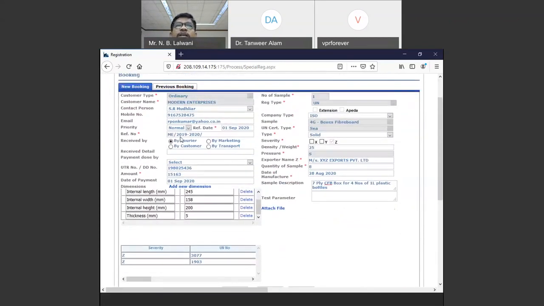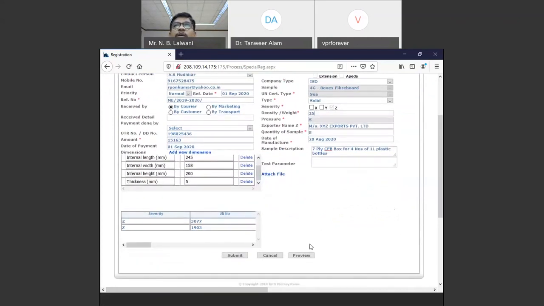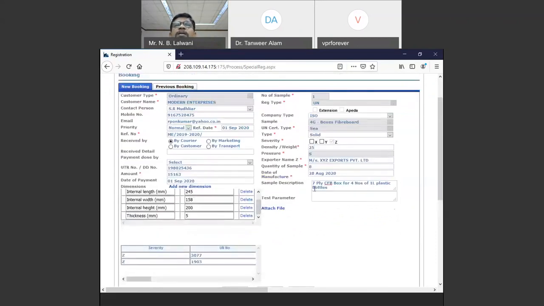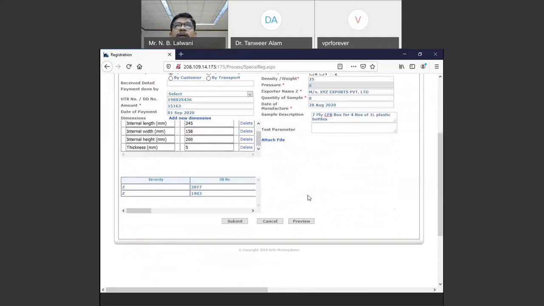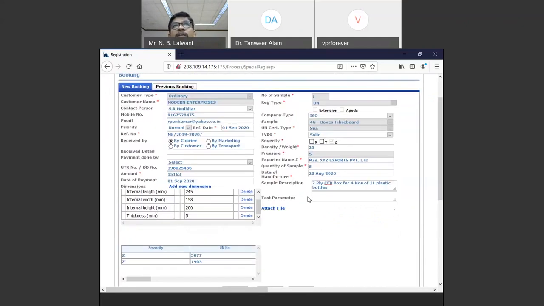And whatever you have done, this is done from your end and you are forwarding it to us. Then we will take that and verify the data, whether whatever data you entered is proper or not. If everything is acceptable and proper, then we will accept your booking. Then at our end, we create a registration. So we accept it means we have registered your booking.